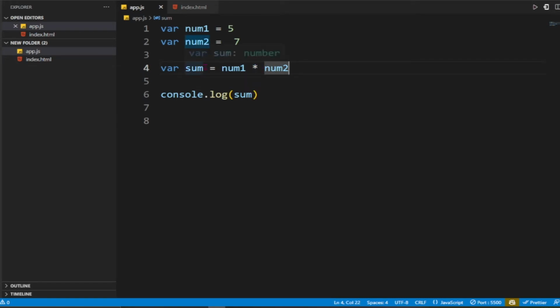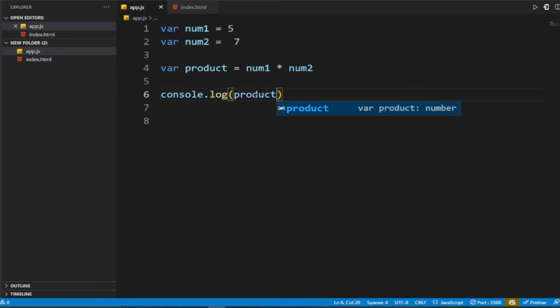So here, let's say I can change this because it's a product. I can say product, then here I will print the product. So what JavaScript will do, it will take num1 times num2, the answer it will store in the product variable, then the product variable holding the result of num1 times num2, I will print it to the console. So I can go back and you can see that I see 35. So that is